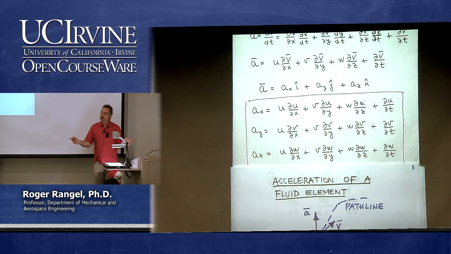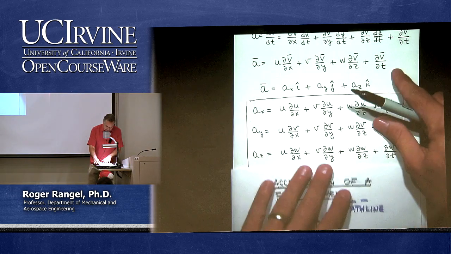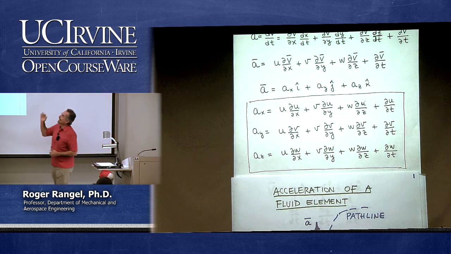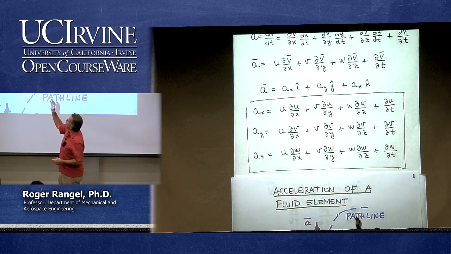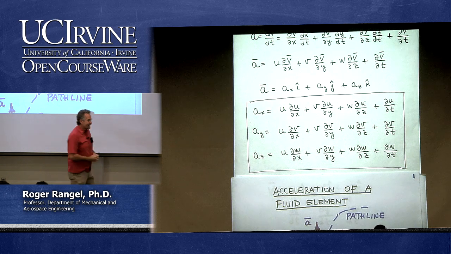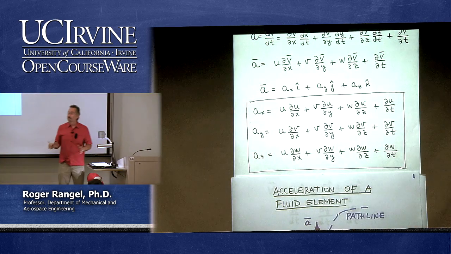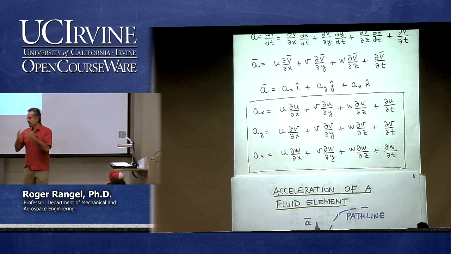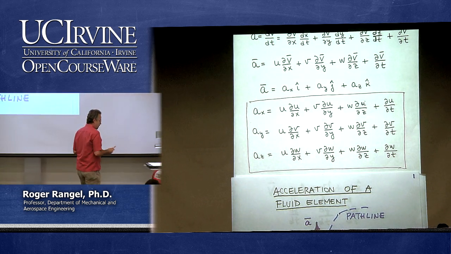If I wait until you all write it down, we're going to be here for a while. But that's it. This big red box has the 3 components of the acceleration field, a sub x, a sub y, and a sub z. And each one, of course, has 4 terms, because the original vector equation had 4 terms. Like I said, this can be overwhelming the first time you see it. It's certainly a long expression.